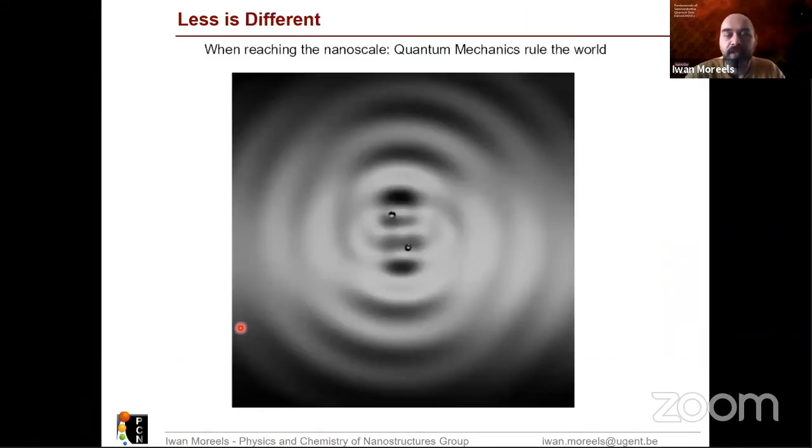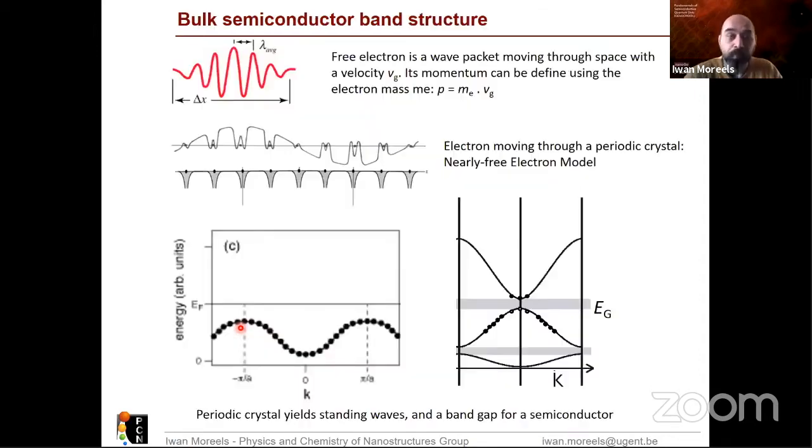This is, of course, because when they are so small, their optical properties are dominated by quantum mechanics. The particles inside that you excite with light, for instance the electrons and holes that you create in this way, don't behave simply as point particles anymore. They actually behave as waves. And in order to make this a little bit understandable, I would like to start the lecture of today with a short summary of